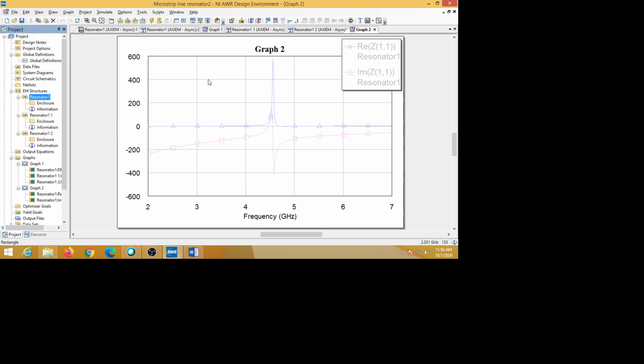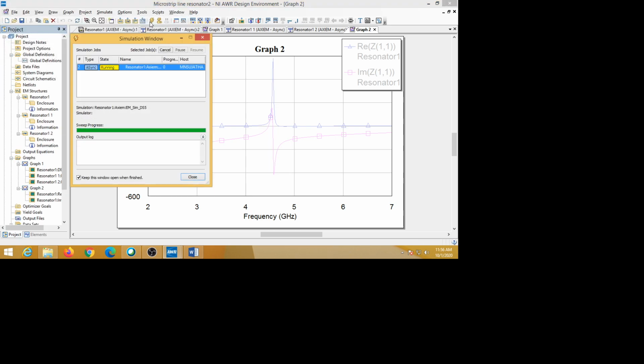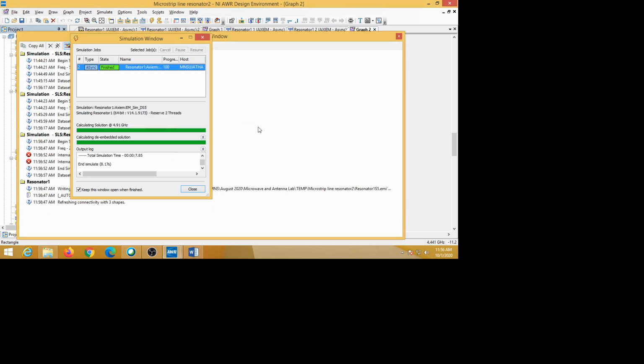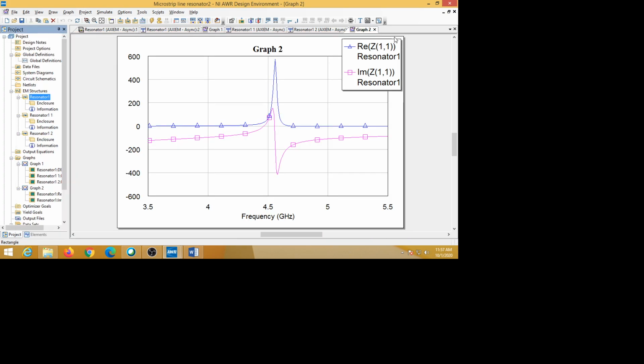Again you simulate this. Okay, 3.5 to 5.5 came, see like this.